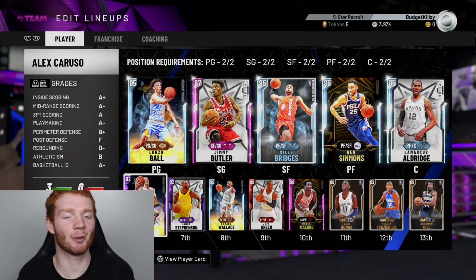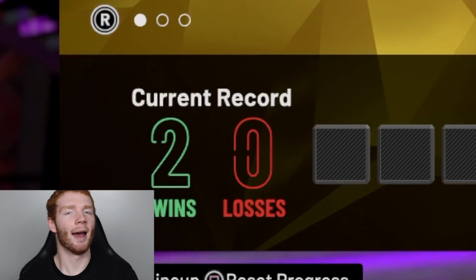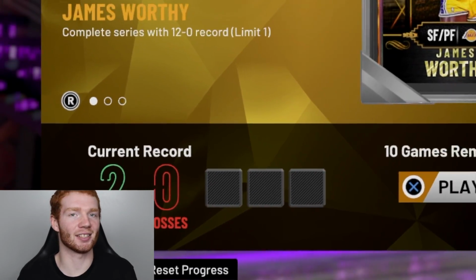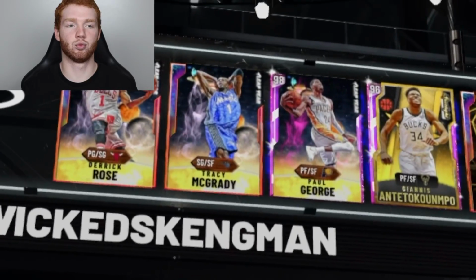I'm actually pretty happy with it. We picked up 4 new players, and they're pretty beastly. And we're currently 2-0 on the road for Galaxy Oval James Worthy. So hopefully we can get there soon. Without further ado, let's get into the first game. And we have found our first...